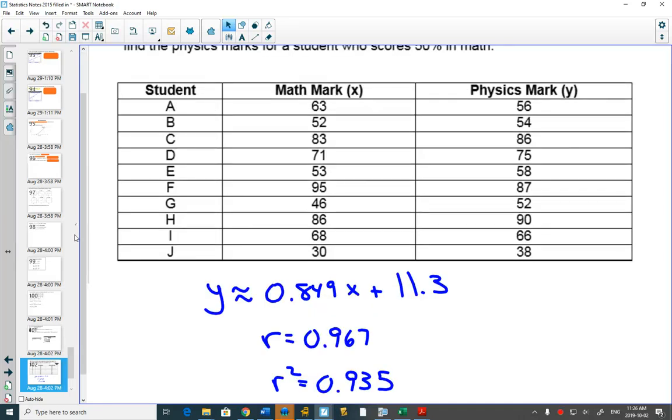Okay. So what does this R value tell us? Strong correlation and strong positive or negative? Positive, okay? It would be kind of scary if as your math mark went up, your physics mark went down. That would be a little scary. These are two classes that tend to be closer together. We'll often see that as you do higher in one class, you do higher in the other, but some courses